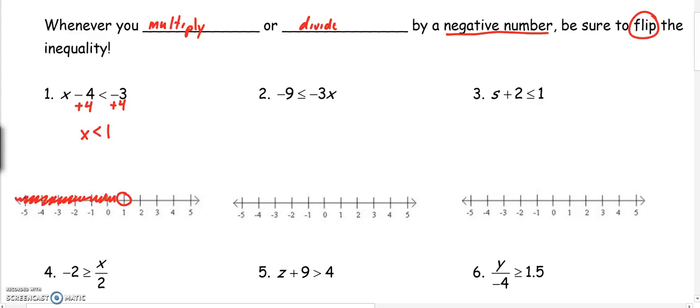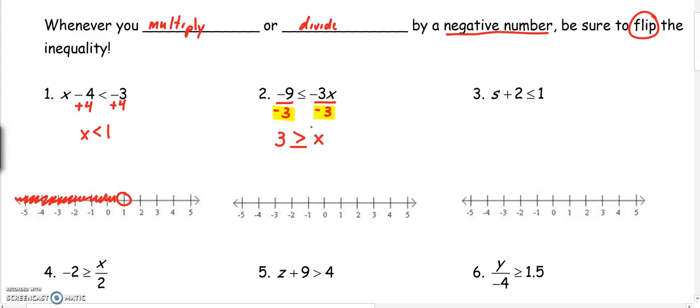Number 2, negative 9 is less than or equal to negative 3x. The first thing we want to do is, negative 3x means multiplication, so the inverse would be to divide. So we're going to divide by negative 3. Notice that I am dividing by a negative number. When I divide by a negative number, I must flip the direction of my inequality sign. So we have 3, flip my inequality to face to the right now, so 3 is greater than or equal